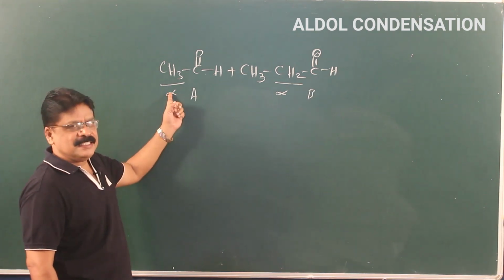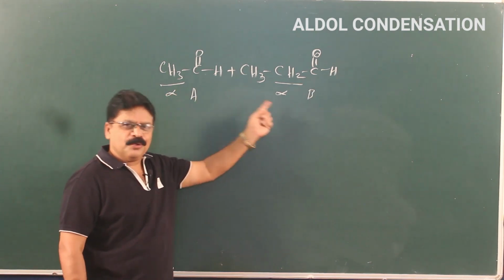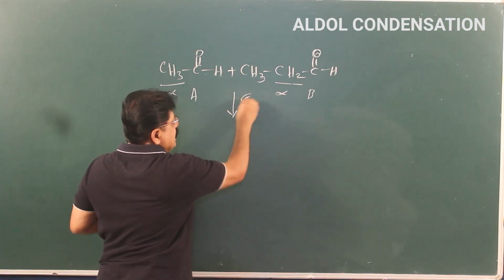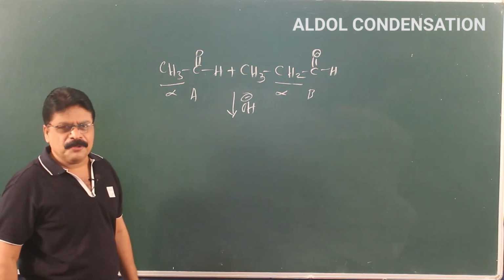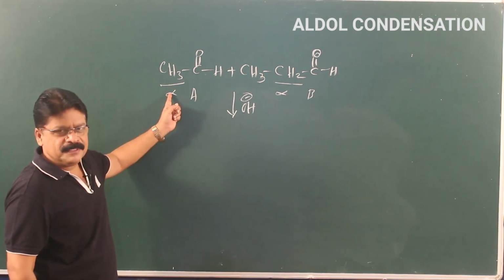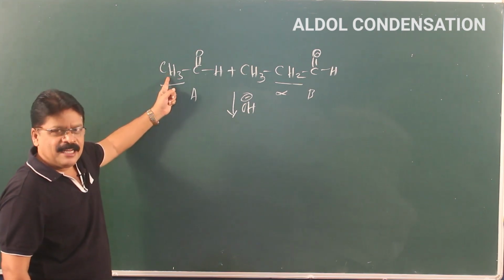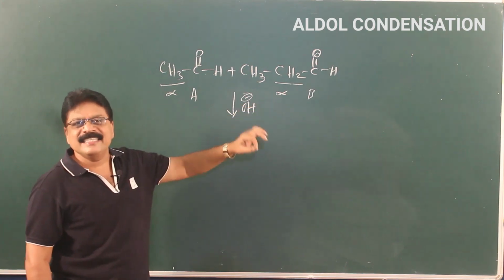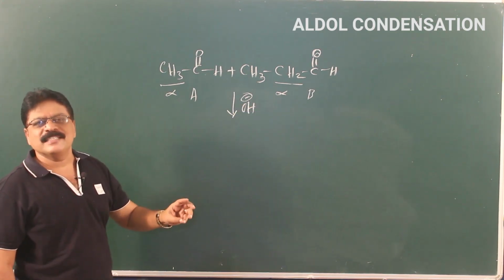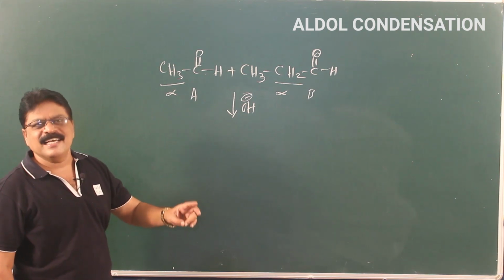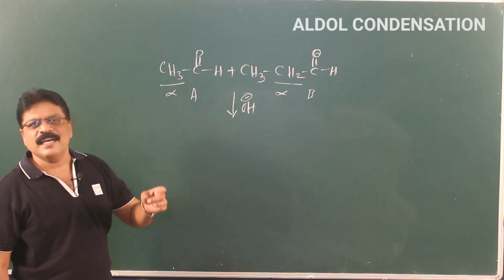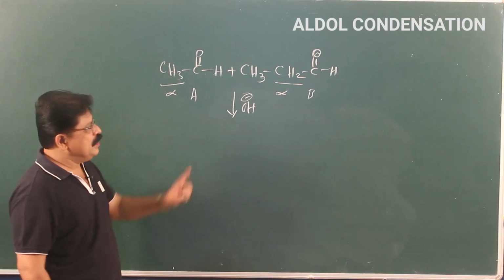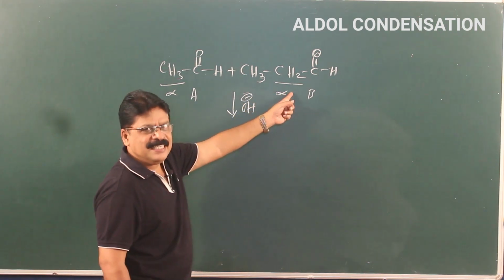We said this is alpha H, this is alpha H, both are acidic in nature, and the OH minus will be extracting the proton, the alpha H. We have studied and we know that as the carbon chain increases, plus I effect increases, acidity decreases. So that is why we say formic acid is more acidic than acetic acid. Acetic acid is more acidic than propanoic acid. Propanoic acid is more acidic than butanoic acid. As the carbon chain increases, acidity decreases. Here too, as the carbon chain increases, acidity decreases.